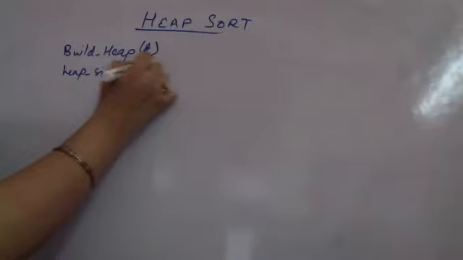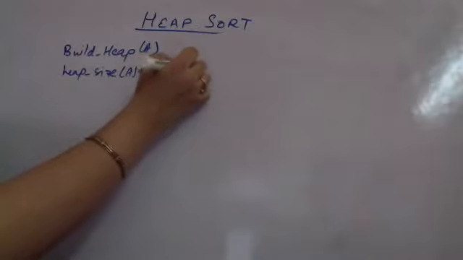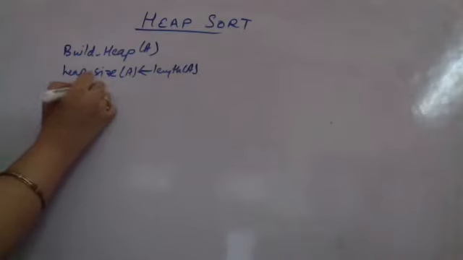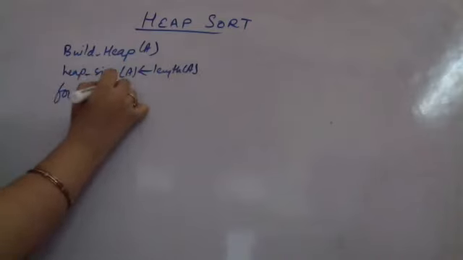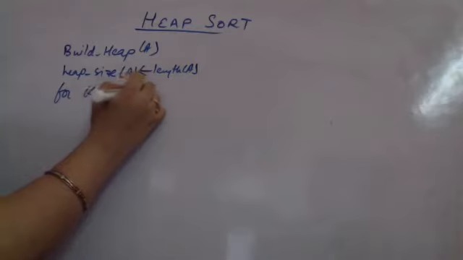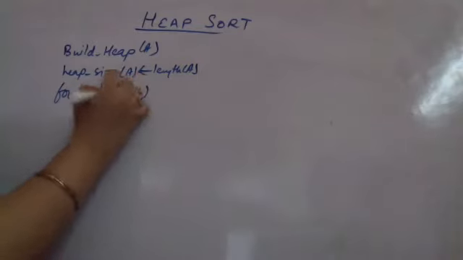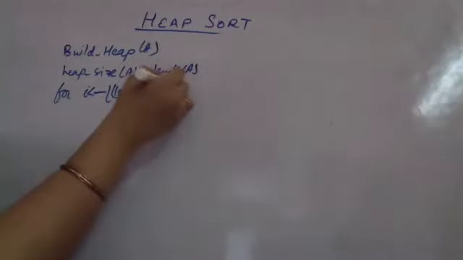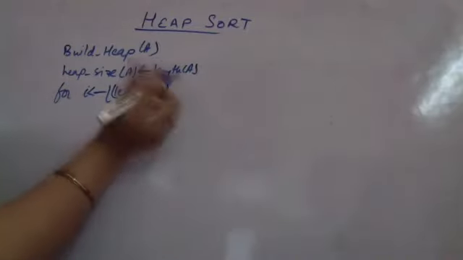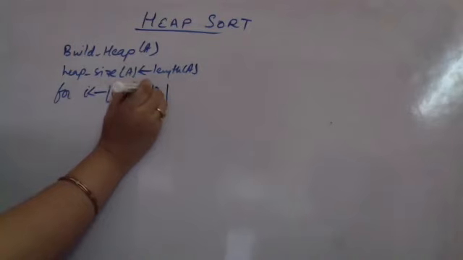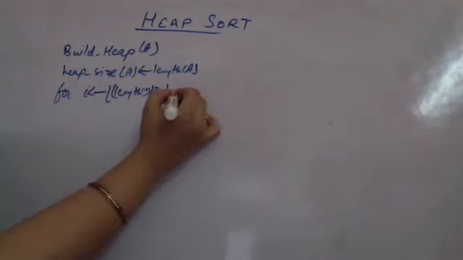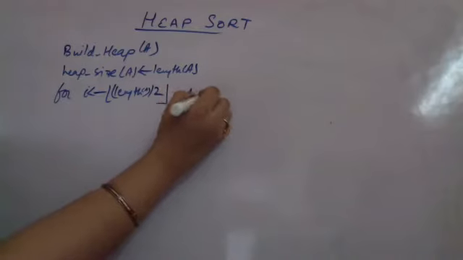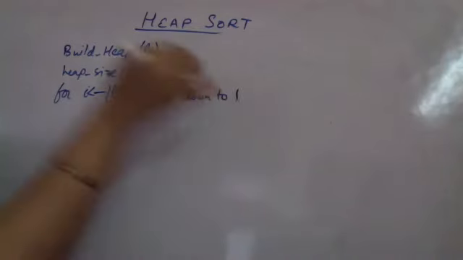Not required वैसे technically. Whatever is the length of my list. So I am running a for loop for i which is equal to the floor of length of A by 2. Which is अगर आप C या C++ में implement करेंगे तो automatically integer value में वो floor ही लेता है. So length of A by 2. Till where? Down to 1.